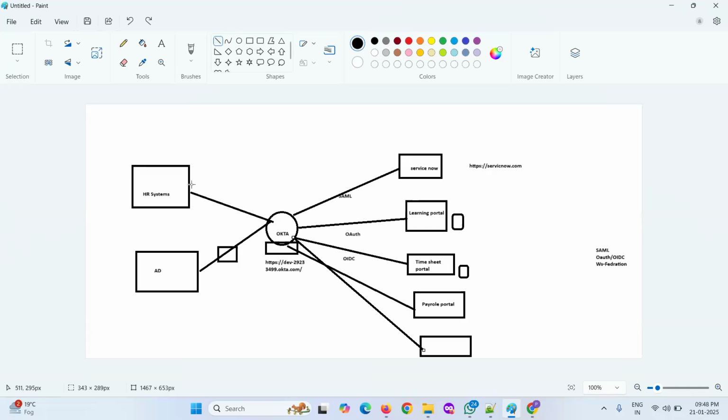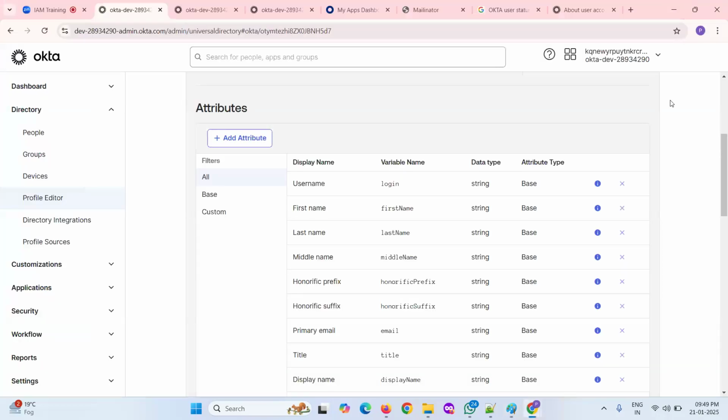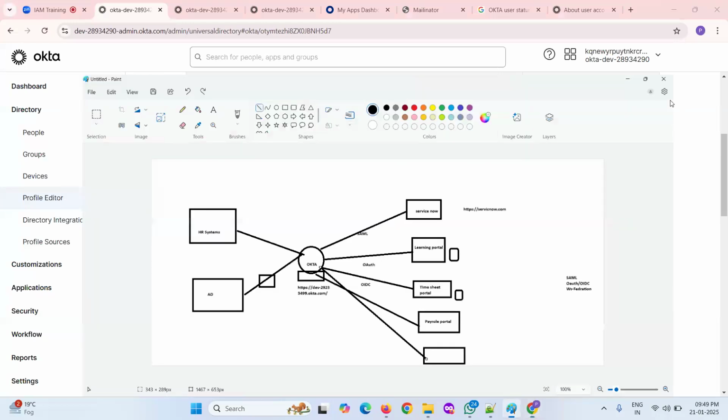And while integrating this, we will have the configuration to set this. Once the user is deactivated in HR systems, how to deactivate in Okta, we'll just have a small configuration. I will show you when we are integrating that with Active Directory. We don't need to take care of any automation as well. For that purpose, you can use the existing functionality. So once the user is deactivated in the HR system,